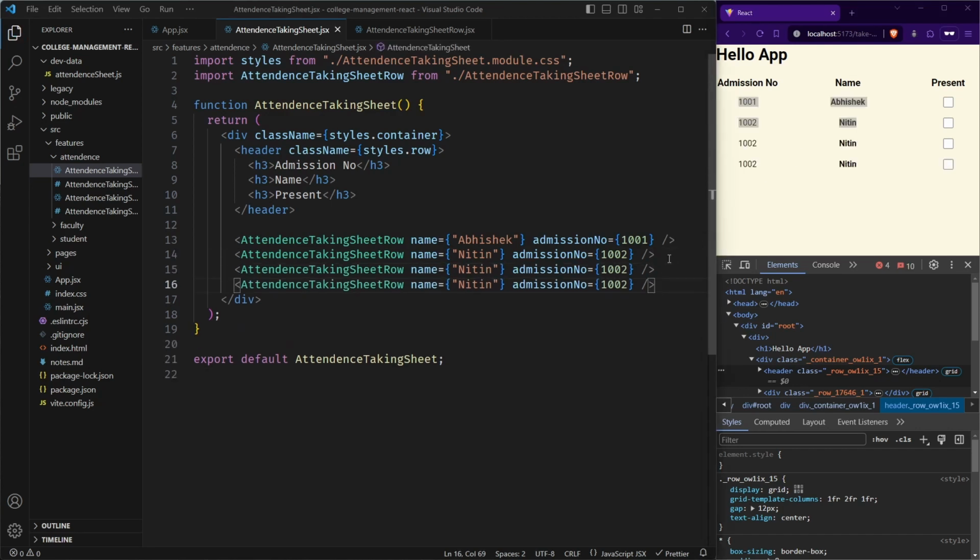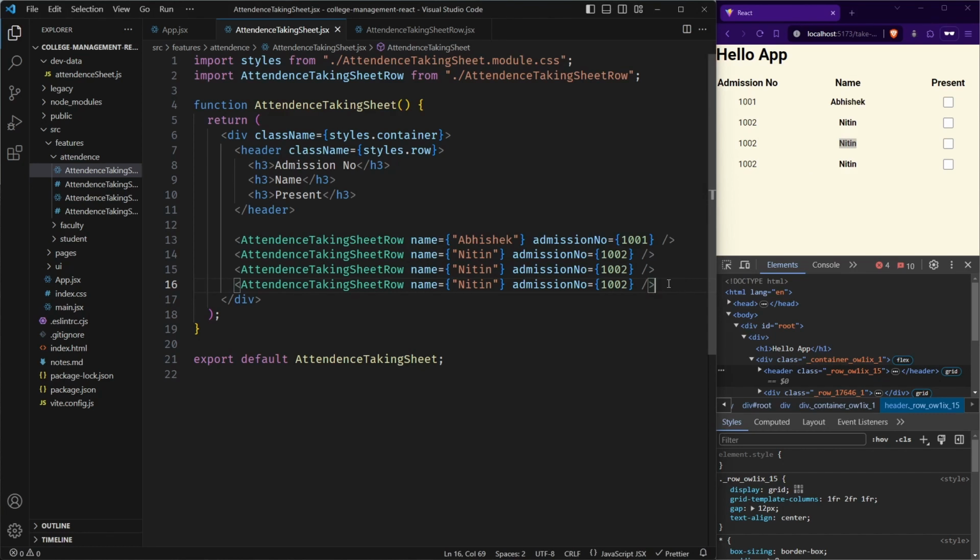So even this number of items, the number of components, can also be dynamic. Suppose if there are 50 students in a class, then we want 50 list items, and if there are 60 students or 40 students, then we want 40 list items. So we can't hard code 50, we can't hard code 40.